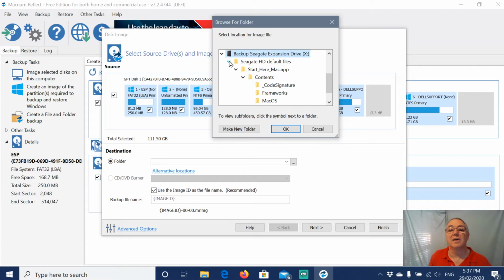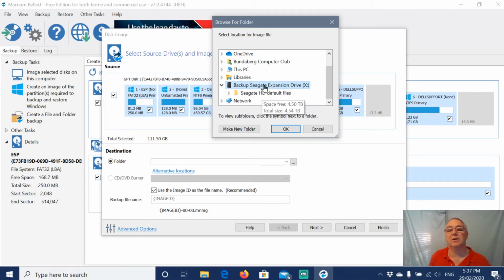and we want to put it into a folder in the top level of the X drive. So make new folder, call it backup, and I would say by Macrium Reflect. The reason why I put the name of the program that I'm backing up with in the backup folder